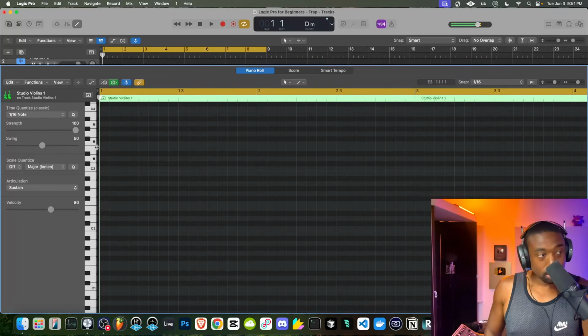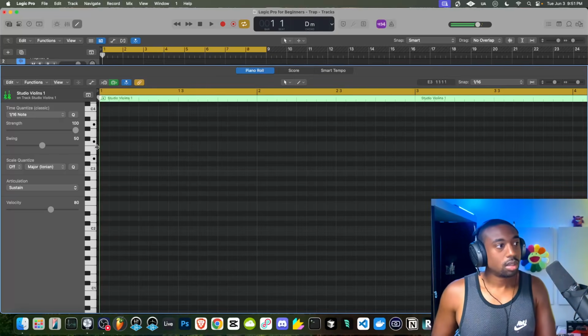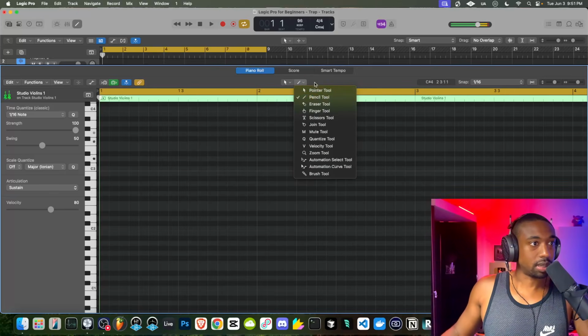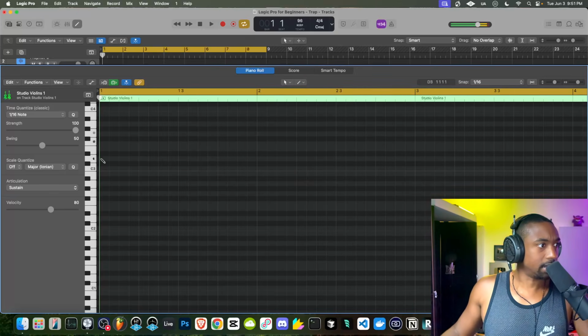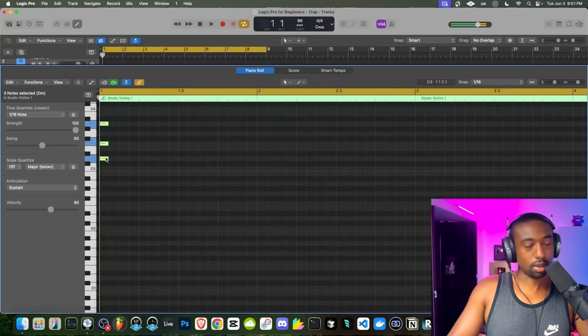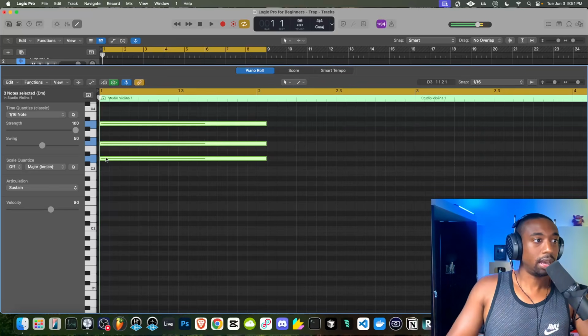Okay. So here are the notes. The little black dots are the notes. Okay, so let's hit Control because that pencil tool is set to where I hit Control. And let's add this D, F, A. We're going to highlight these. I believe the shortcut is Shift Alt and then the arrows. So I can make these longer by hitting Shift Option, pardon me, and do left and right like this. That will make it longer.